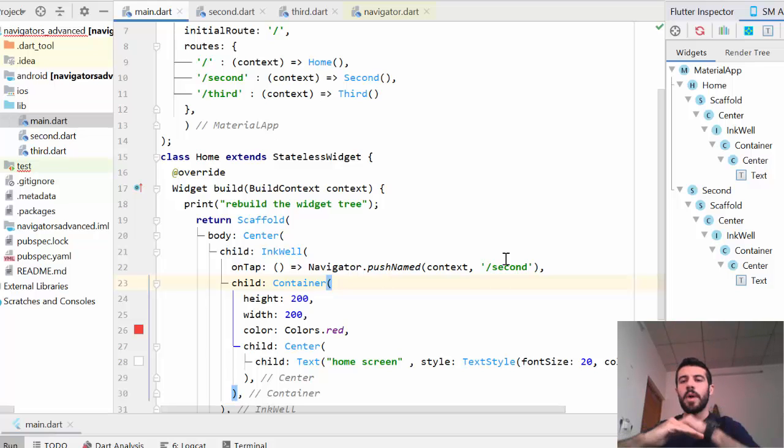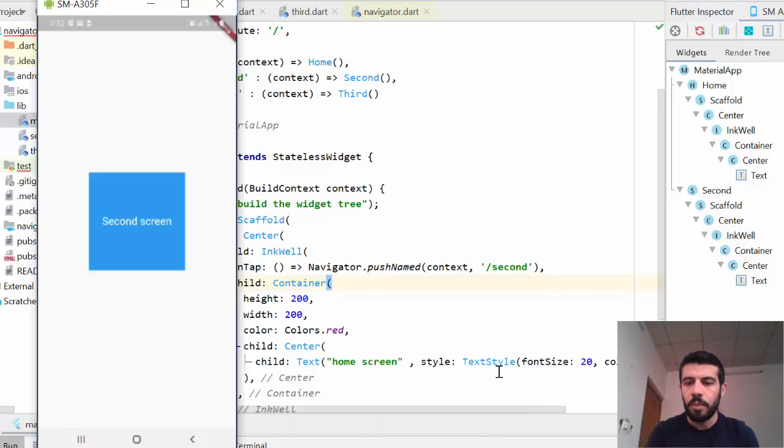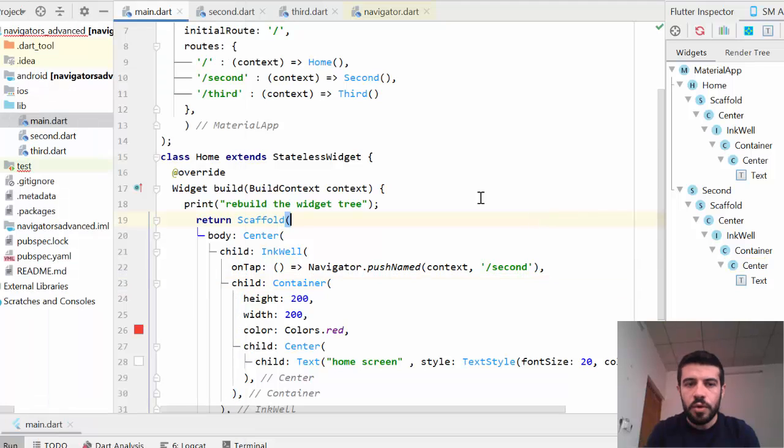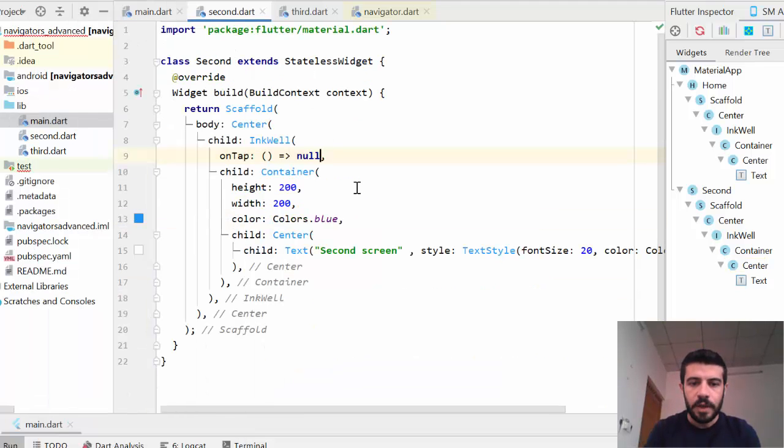Now if you want to go back or make just a pop, in the stack data structure, we have push and pop. So if we want to remove from the stack, just add pop. Pop means we want to remove the route on the top, right. So now here, just go to the second screen by adding a route. Now if we go to the second screen here and we want to return back, so just